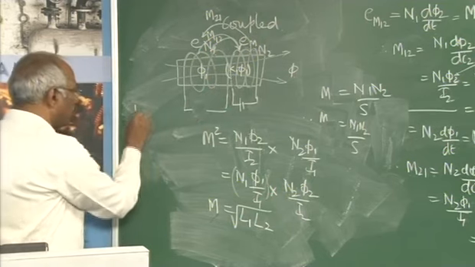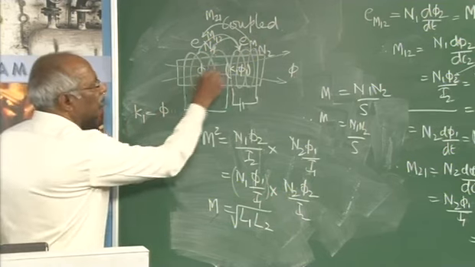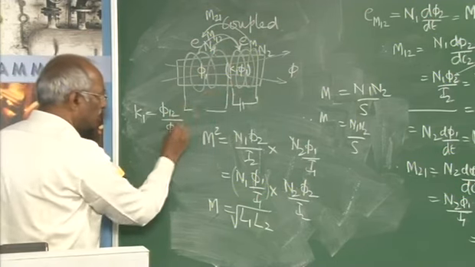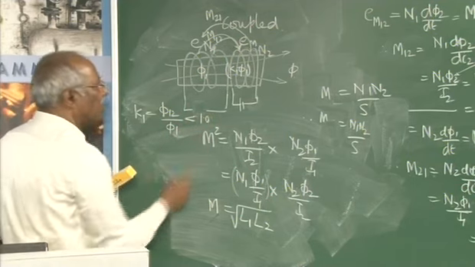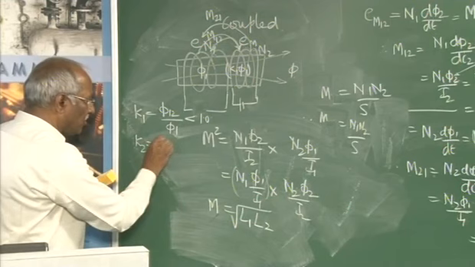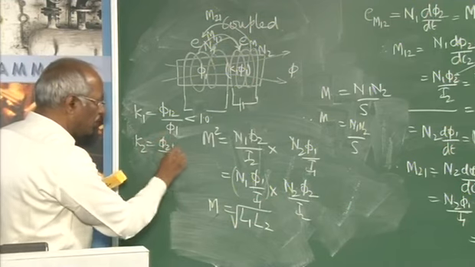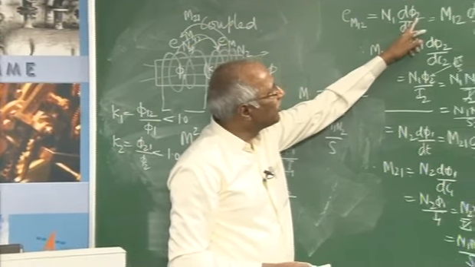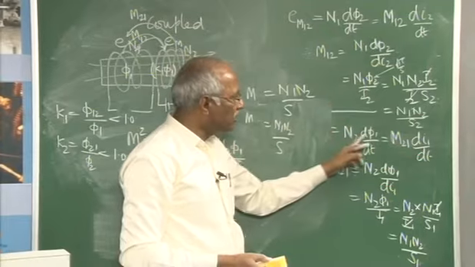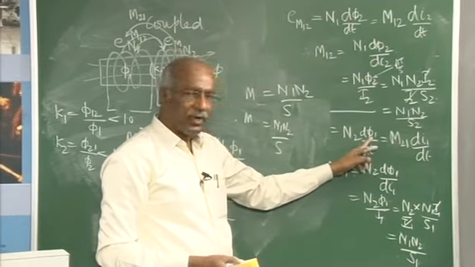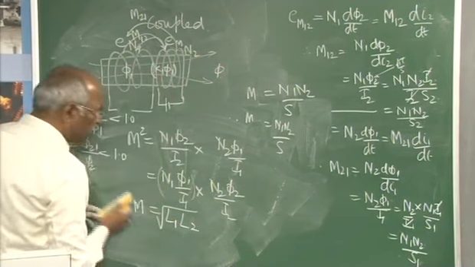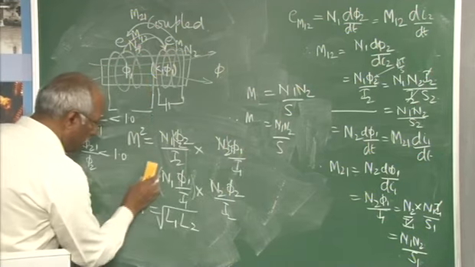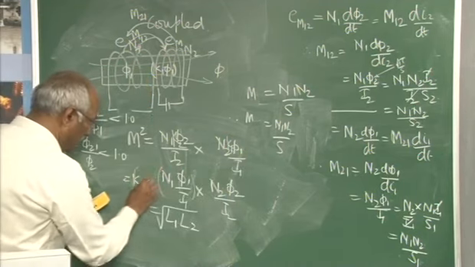In that case, K1 will be equal to the flux linking between the two coils, I will call it phi 1 2, divided by the total flux produced by this coil, that is nothing but phi 1. This will always be less than 1. Similarly, K2 can be taken as equal to phi 2 1 divided by phi 2, this will also be less than 1. Where we have phi 2 replaced by K2 phi 2, and phi 1 replaced with K1 phi 1, this equation works out to K1 K2.